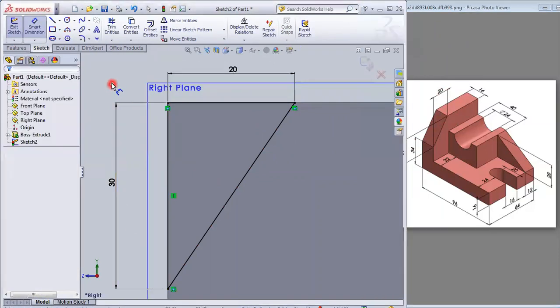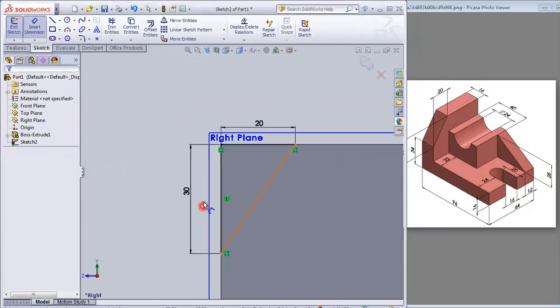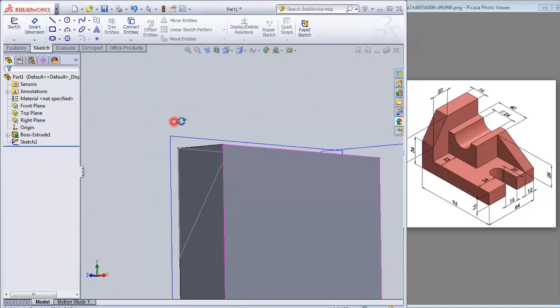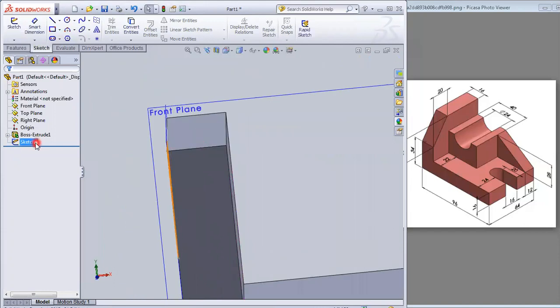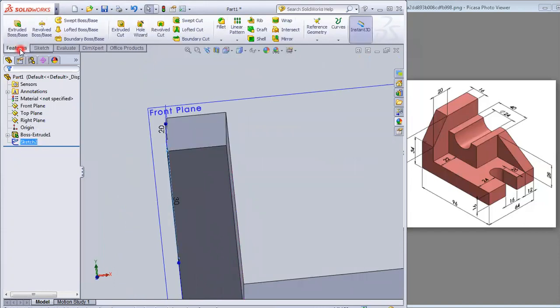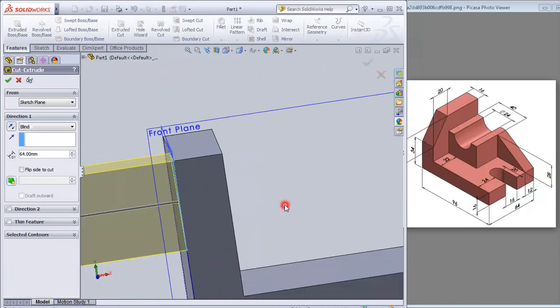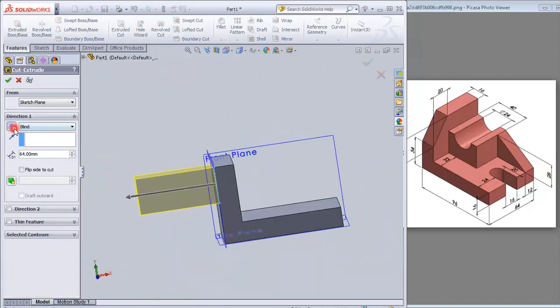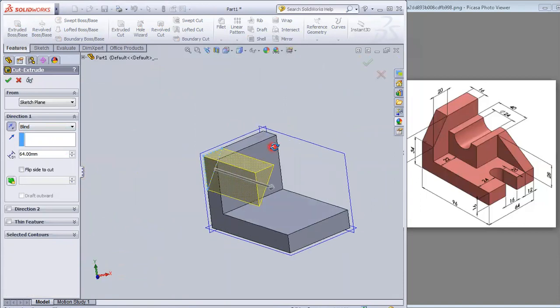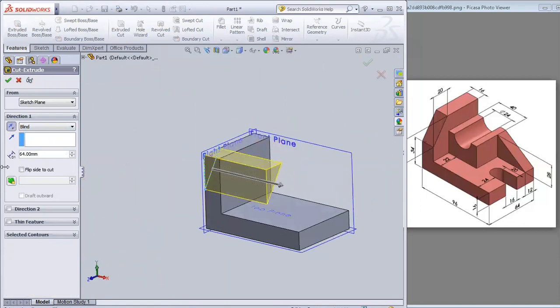Now I am returning to this. Now see, I have already completed this much. Now go out of this sketch, right? This is my sketch. You can select the sketch from here as well, and then go to the feature and perform extrude cut. So should I extrude cut it in this direction? No, I should do it in the reverse direction, right? So if I only take 16, that should do, and more than 16 won't matter as well, right?